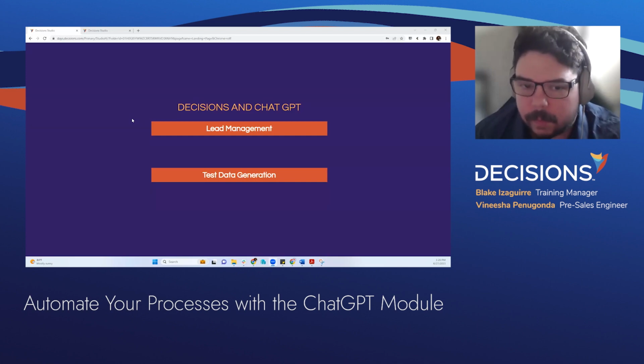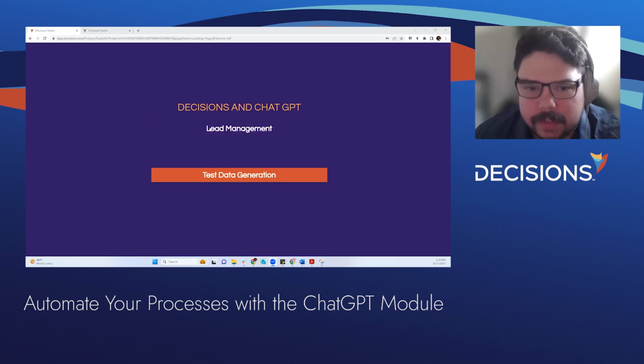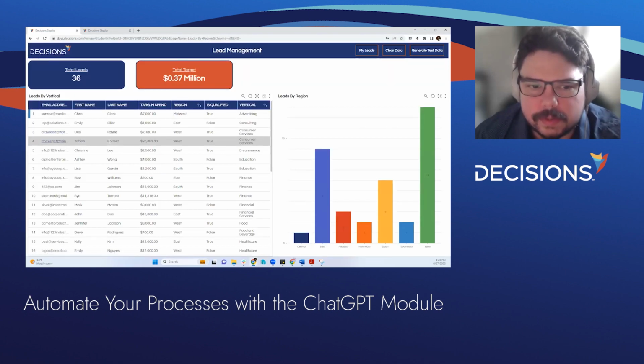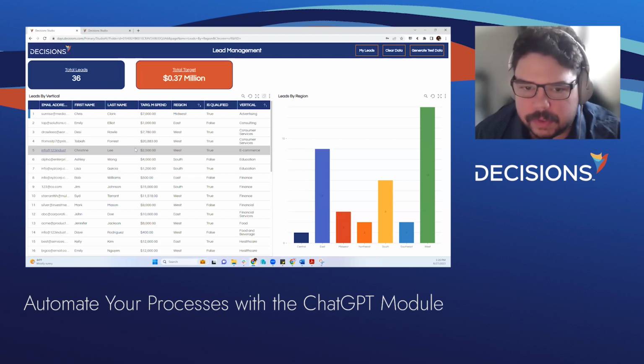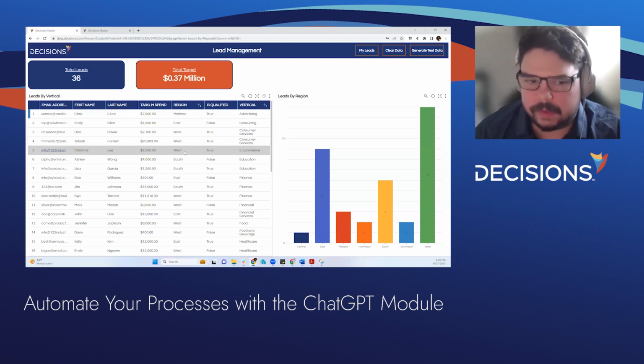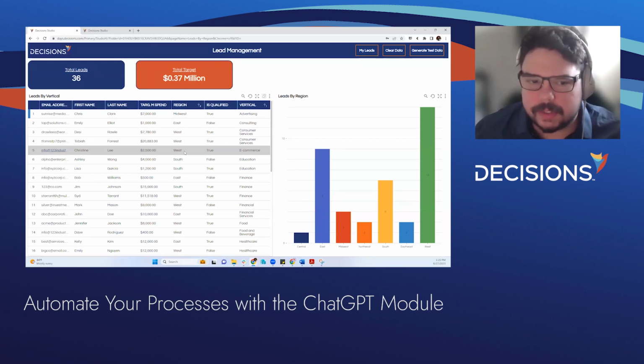Like a lot of software companies do, I imagine, we here at Decisions keep our sales data in the Salesforce platform. We built up a mock dashboard here in Decisions because we need to do some additional transformations to our Salesforce data. So we might need to run it through a workflow, evaluate permissions, change fields on the data in some way, or otherwise manipulate it. And in order to build these processes out, we have a challenge. We can't exactly test our transformations out on live production data. We're going to need some test data in order to build these